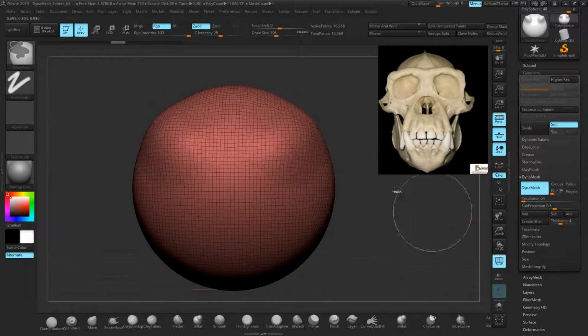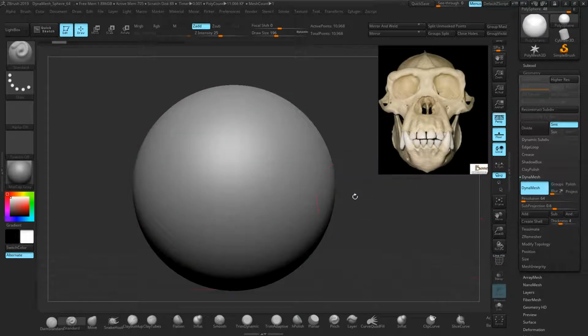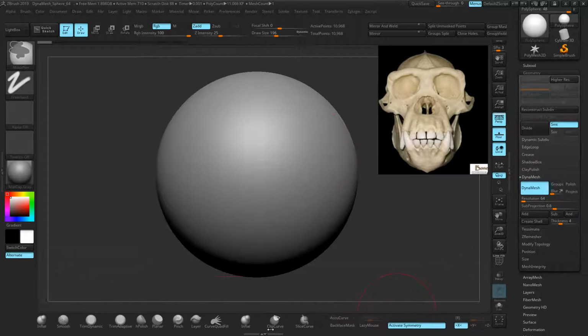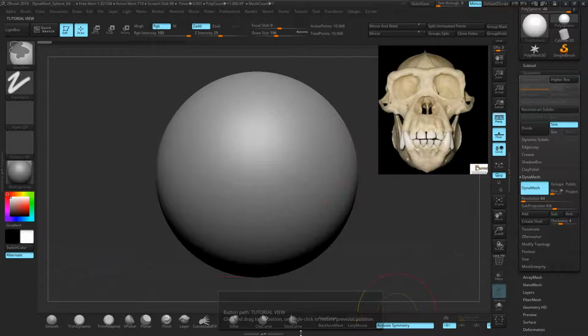So I'm just going to undo all this, turn polyframe back off, keep dynamesh on, and I'm going to keep it at 64 for now. We can bump this up slightly later. So I'm going to use the move tool. We can see that the symmetry is selected. We can see down here activate symmetry is on,